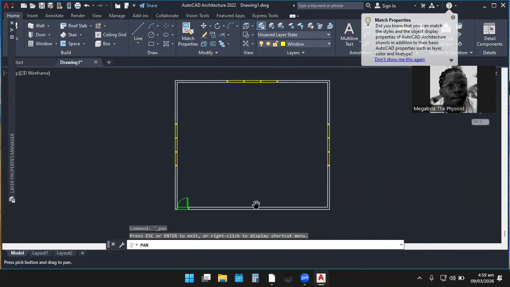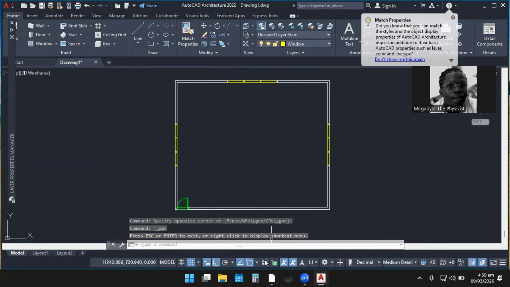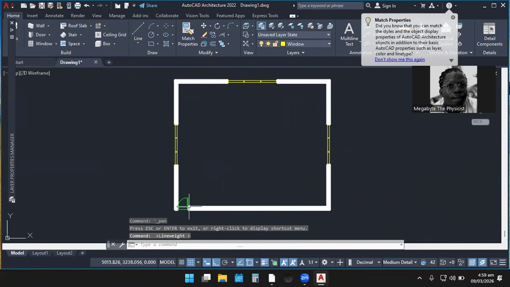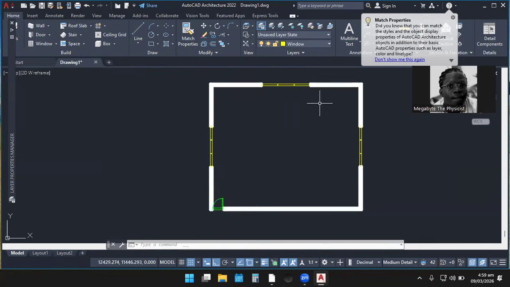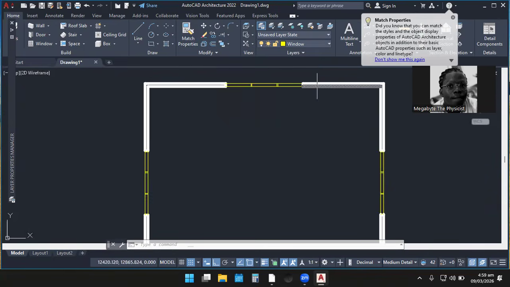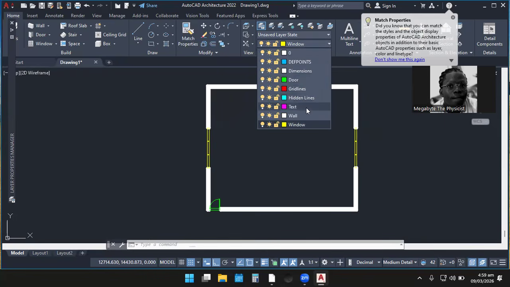Okay, if I click on the line width, let me remove. Okay, now it's gone. So if I click on the line width, see that it has been displayed as this. All right. So let's move back to our layers and see what other thing we are supposed to do or we can be able to do over here.